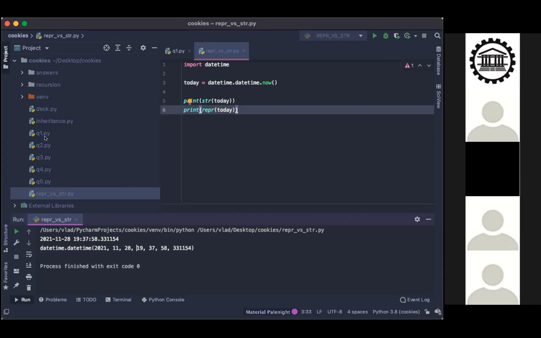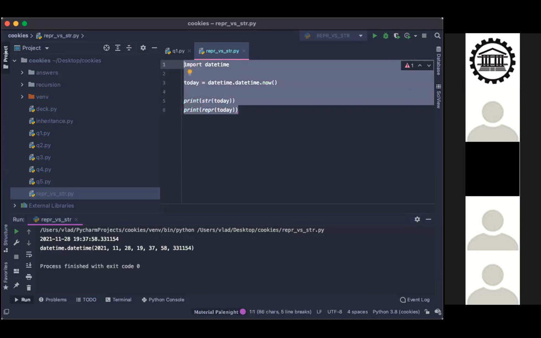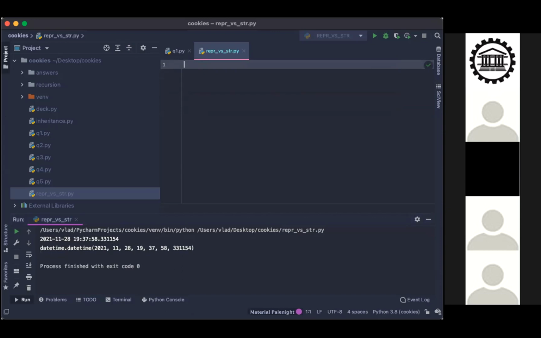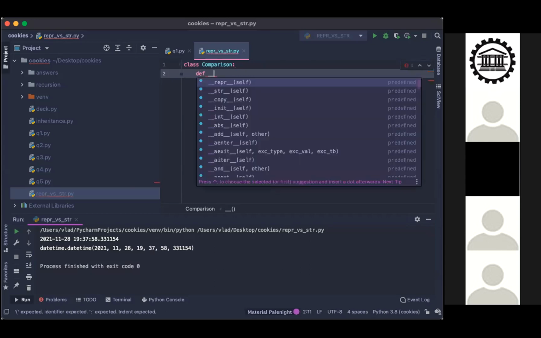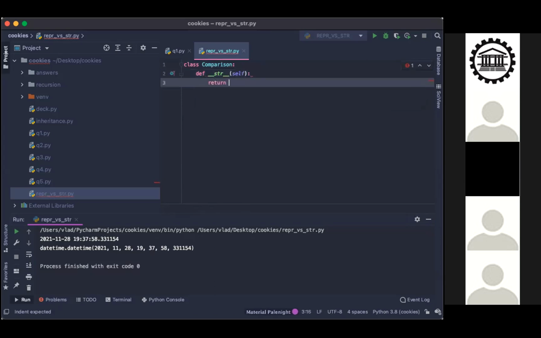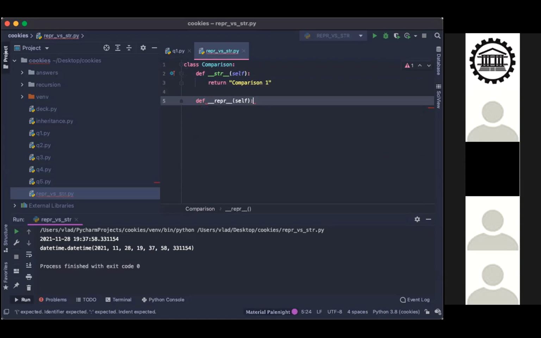All righty. So first it looks if the string function exists. And we can try another example as well, just to see what happens if you have both of them and you print it out. So we have class comparison. We have our str, return comparison 1, and then we define the repr.